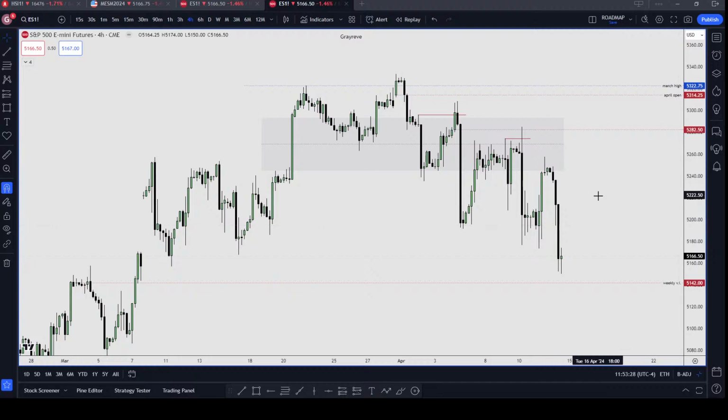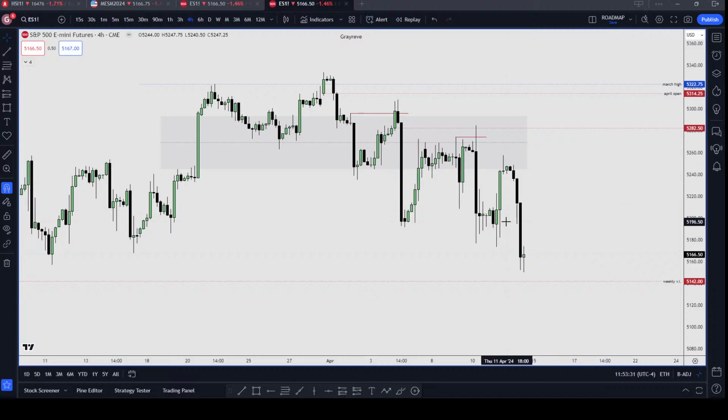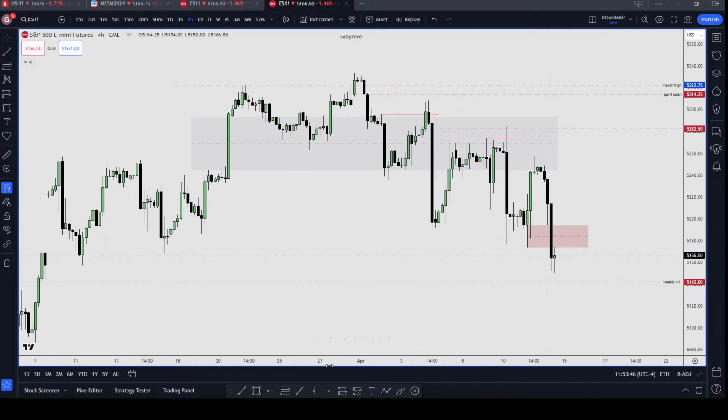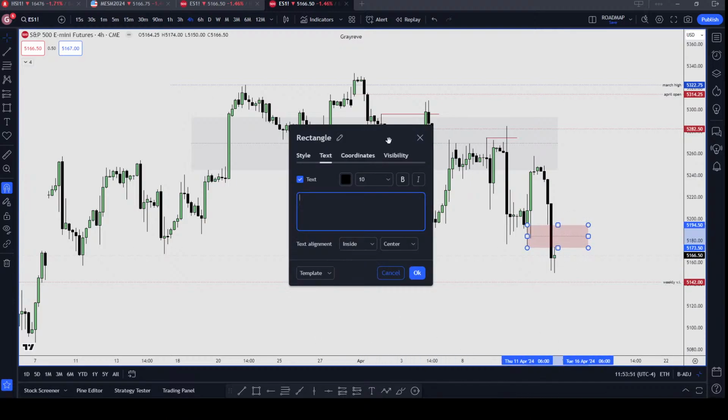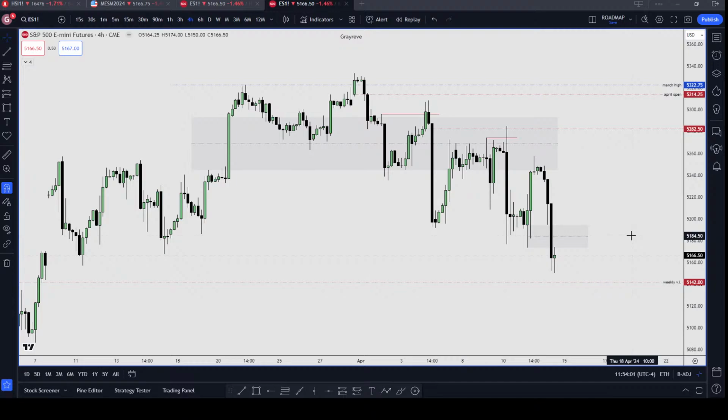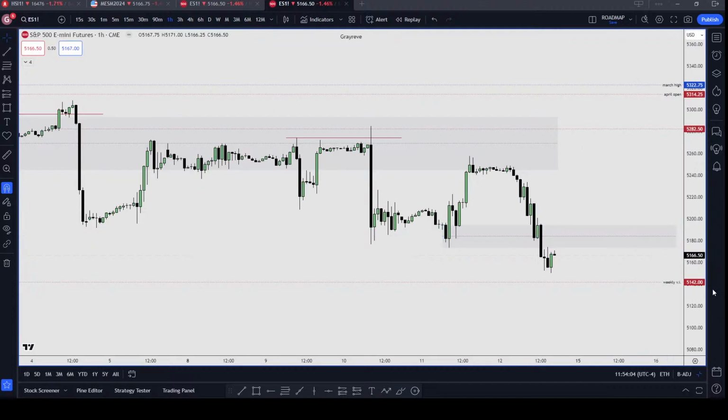Okay, now what levels can I utilize for this objective here, right? To me, the clearest would be this swing high here, I mean this swing low, coupled with this fair value gap. So in my opinion, price should not trade above this fair value gap. Right, if you take a look at the 1 hour time frame,